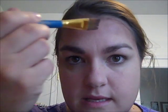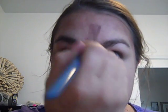I don't know if you can even see it. The whole circle goes all the way around and then kind of fades onto the neck. Okay, now you're going to take that same thing and you're going to bring it down into kind of a V shape between your eyebrows. So same dark color. If it's drying out, get it wet again, but same dark color, you're going to bring it into kind of a V